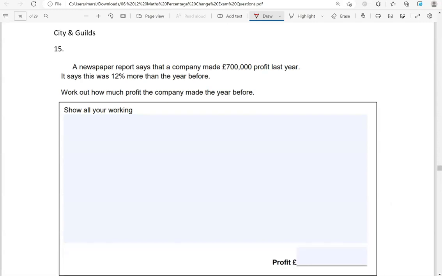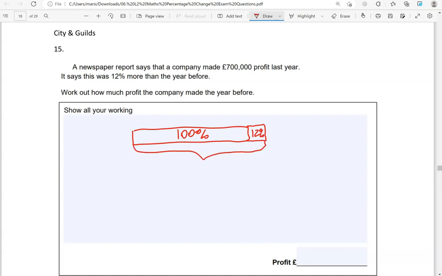A newspaper report says that a company made $700,000 profit last year. It says this was 12% more than the year before. Work out how much profit the company made the year before. So the year before, that's the 100% amount. We don't know what that is equal to in terms of money. But we know that last year that was 12% more. So that was 112% of the original amount of the year before. And that is